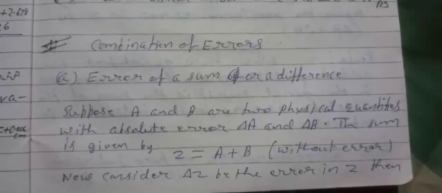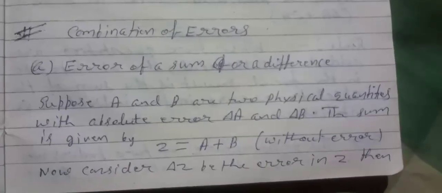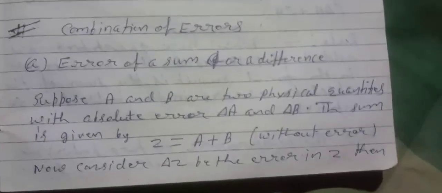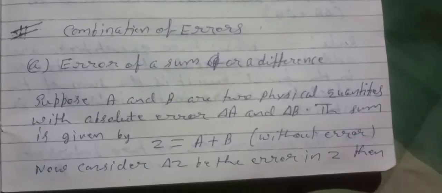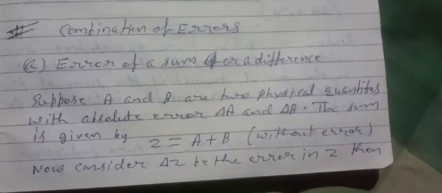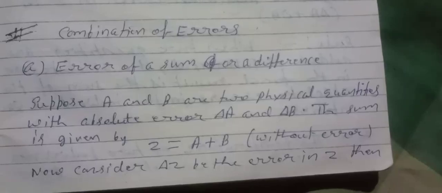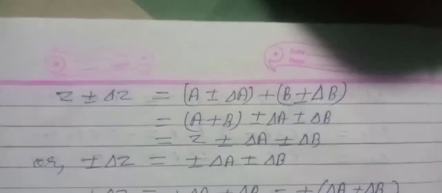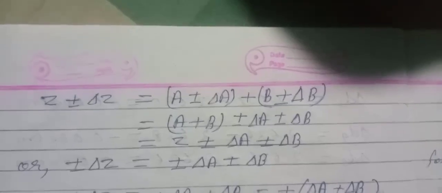Combination of errors. Error of a sum or a difference. Suppose A and B are two physical quantities with absolute errors ΔA and ΔB. The sum is given by Z equals A plus B without error. Now consider ΔZ to be the error in Z. Then Z plus minus ΔZ equals (A plus minus ΔA) plus (B plus minus ΔB)